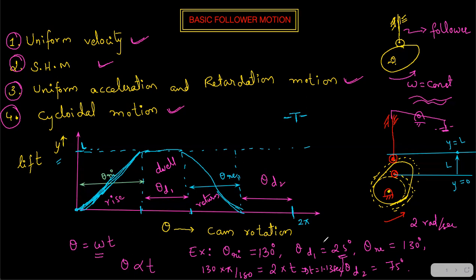So based on that, you can even do reverse engineering and set the theta rise and theta dwell and theta return based on how much time you need the valve open, how much time you need the valve to be dwell, how much time you need the valve to be coming back, and how much time again dwell. Fine, the cycle will continue. After 2 pi, again it will come from the starting, again 0 degrees, again rise, dwell, return, dwell. So this cycle is going to continue continuously.